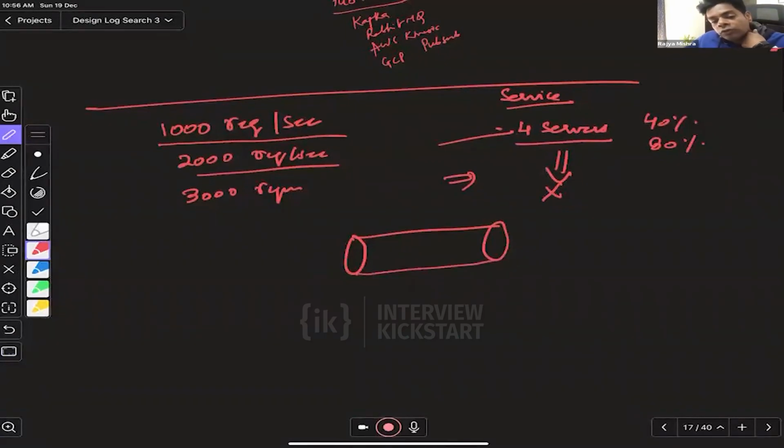and that queue comes into the picture only when I know that the client is okay with asynchronous responses. Then only I can have a queue, because if people want a real-time response, then I cannot have the queue. So now if we take the example of this log search, if 3,000 writes are suddenly coming to the system,